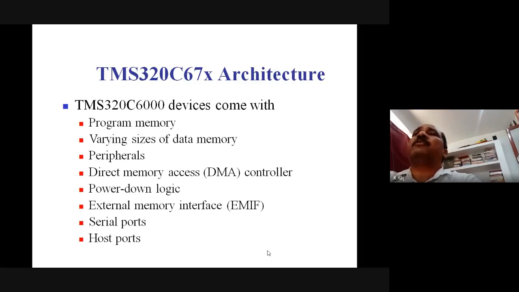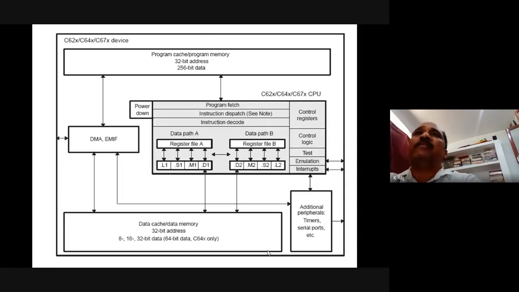So sometimes it is named as the EDMA, and power down logic, and external memory interface EMIF, and serial ports as well as the host port, which we have described in the previous lecture,